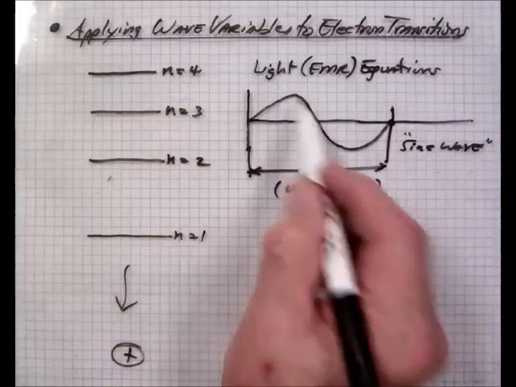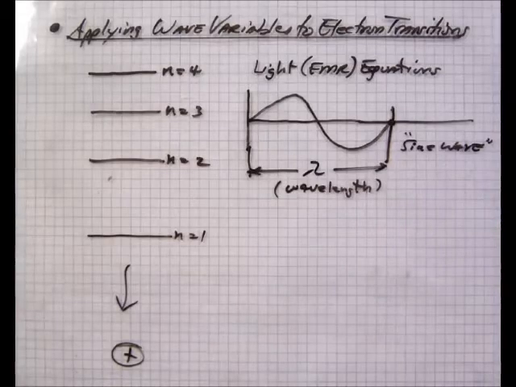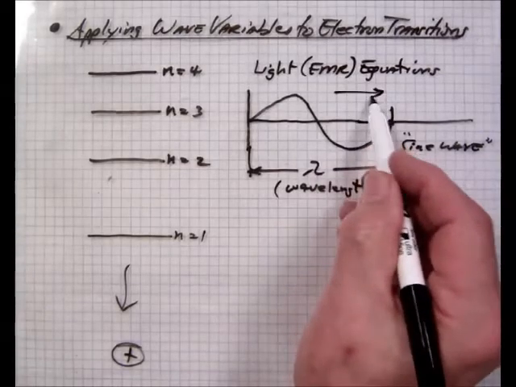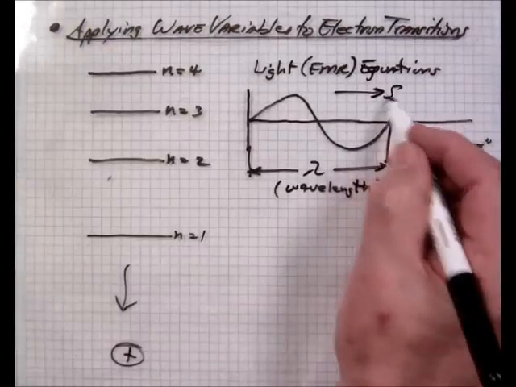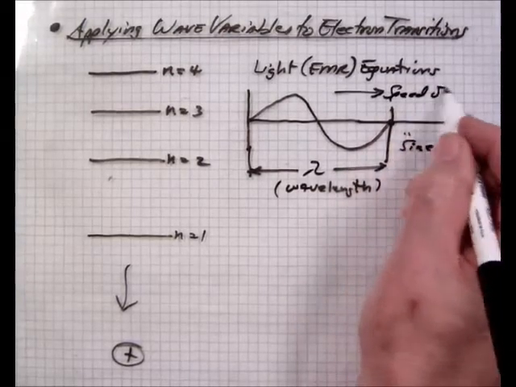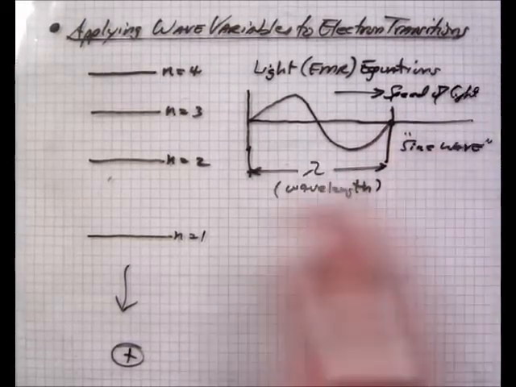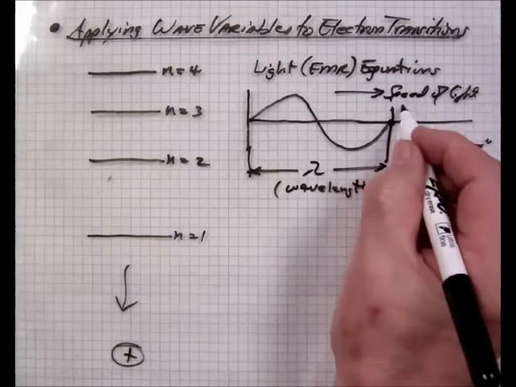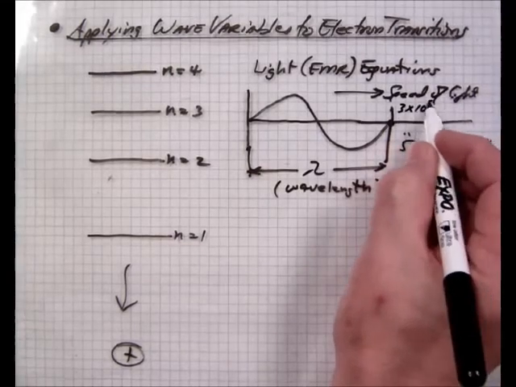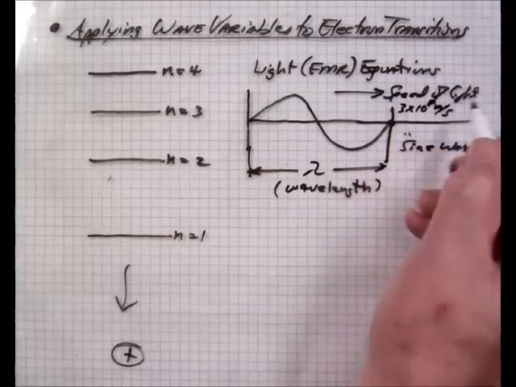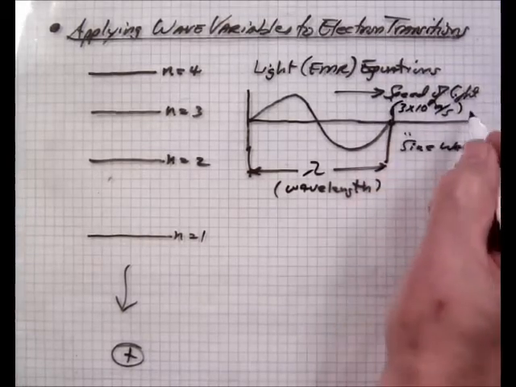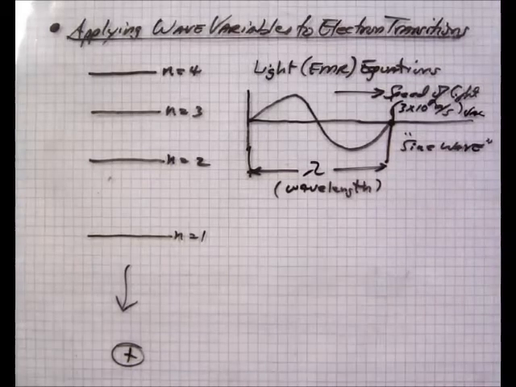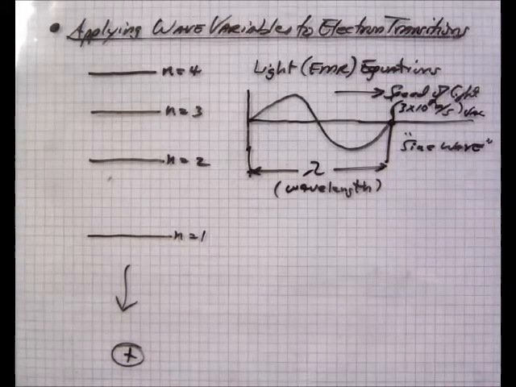As the light travels, it travels at a certain speed. Speed of light, obviously. Now, speed of light is 3 times 10 to the 8th meters per second in a vacuum. Okay, it's a constant. It's published on your reference sheet and all that. So 3 times 10 to the 8th, 186,000 miles a second.